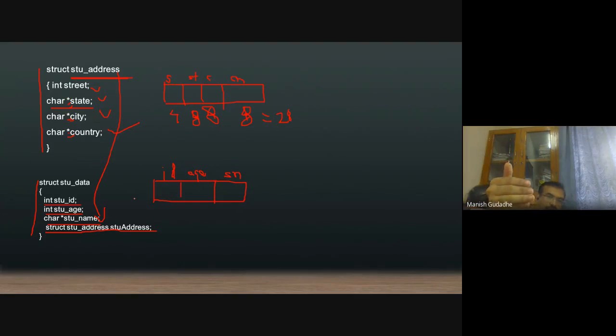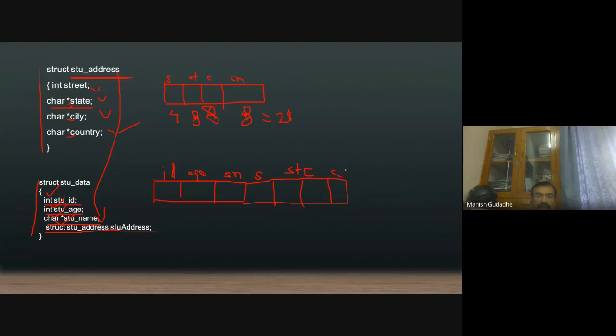The only care we need to take is that if we use a structure within a structure, the inner structure must be declared before the structure in which it is going to be used. That is what is happening here. This is already declared. As we have added an integer variable, another integer variable, and a character pointer variable, similarly we are adding a structure variable. So along with these 3, it is going to have another 4 fields which will be treated as a single unit.